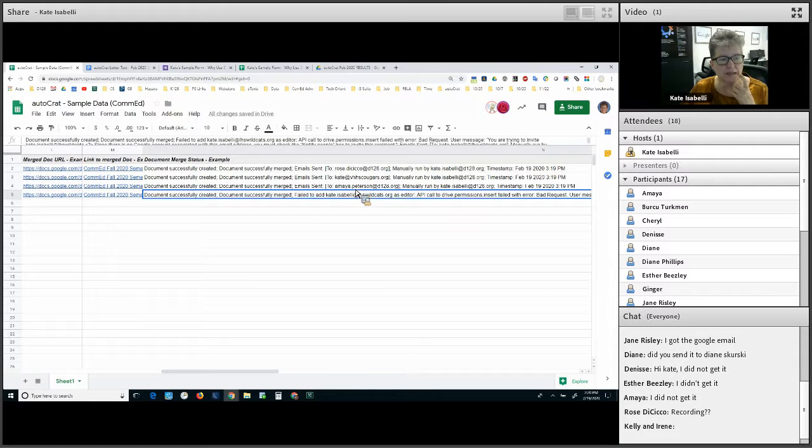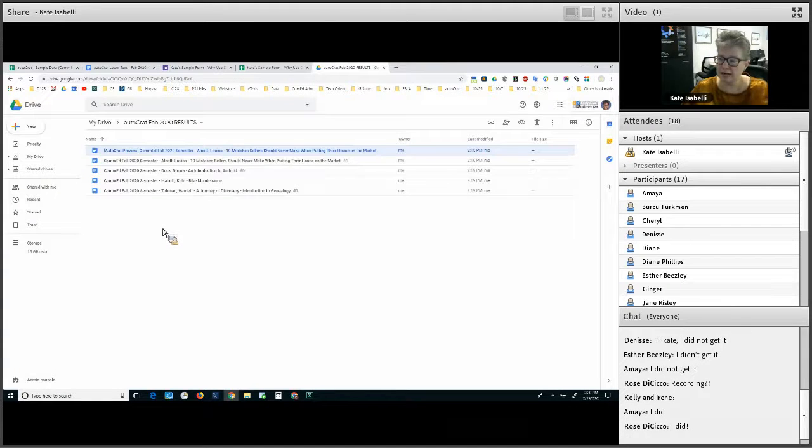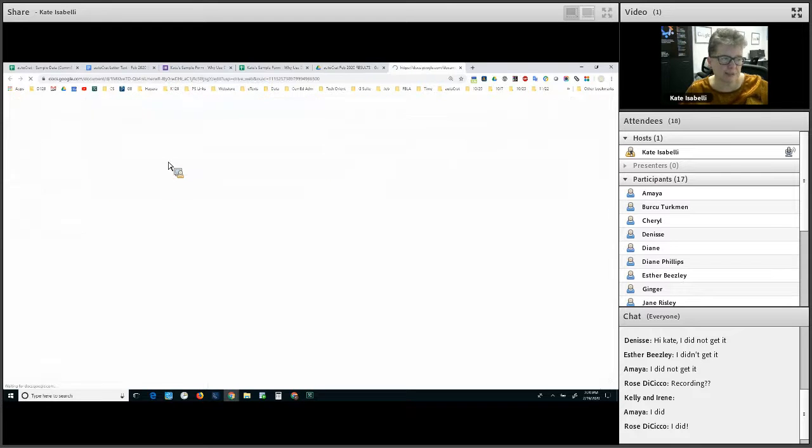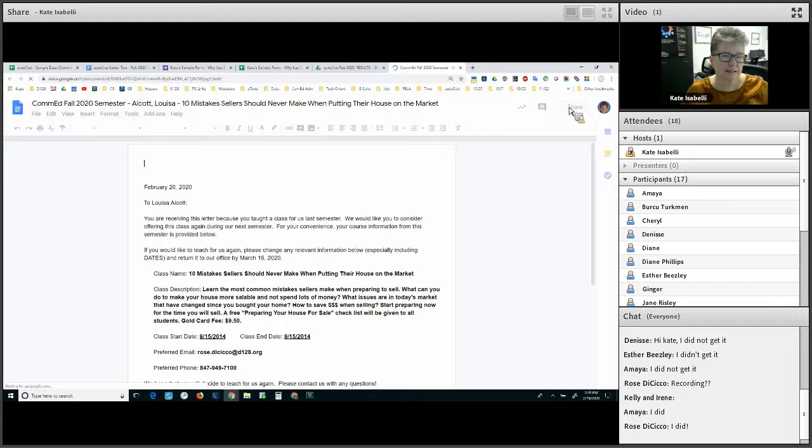So in theory, Amaya and Rose would have gotten emails in their inboxes with links to their documents, which would be shared with them. If I go to the Drive folder, I have those 4 documents. Oh, look, Amaya and Rose both say they got theirs, so that's good. Okay, so that means if I went into, let's see, Rose was actually Louisa Alcott. So if I go into here and pull up that document, if I go look at the share,